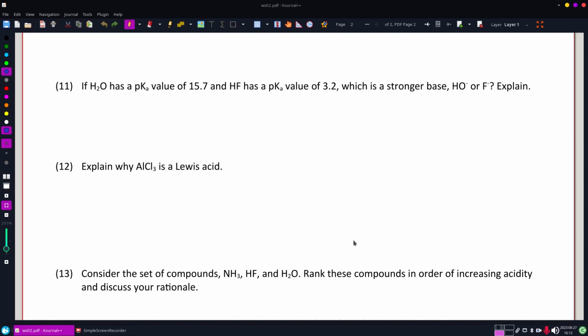Alright, we're looking at question 11 here. If H2O, water, has a pKa of 15.7 and HF has a pKa of 3.2, which is the stronger base, OH- or F-? Now, what they're pointing out here, or not directly, is that we're looking at the conjugate bases